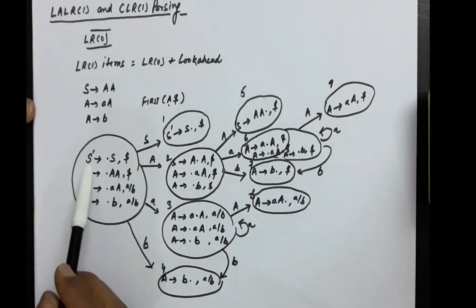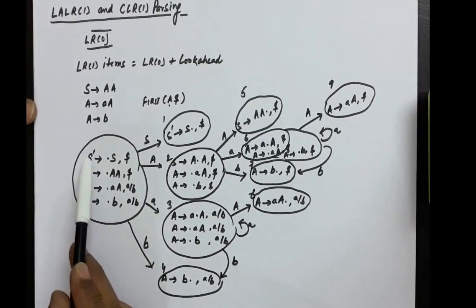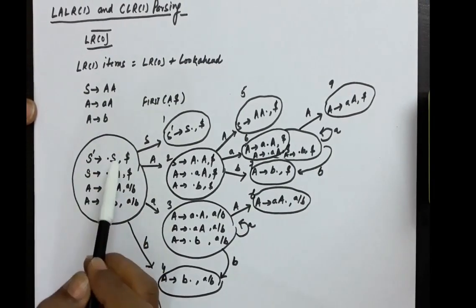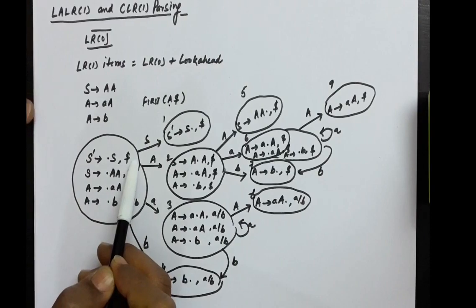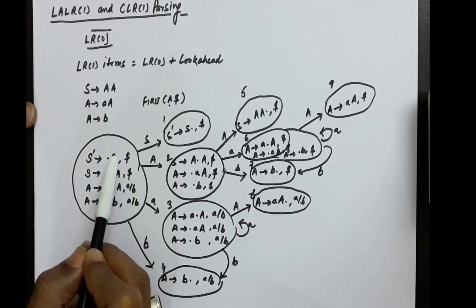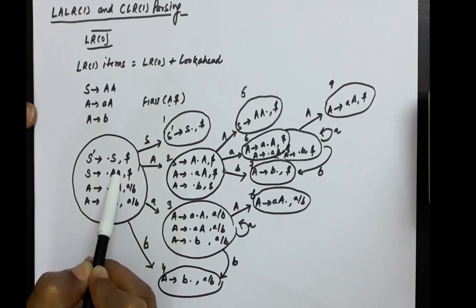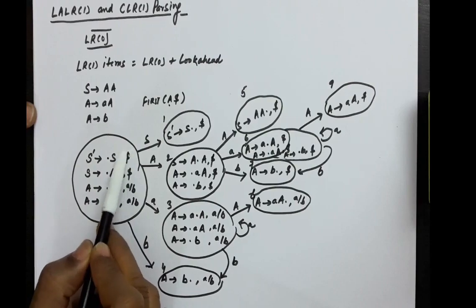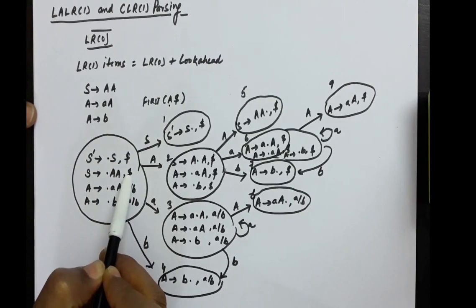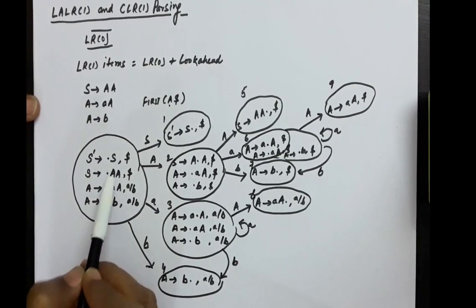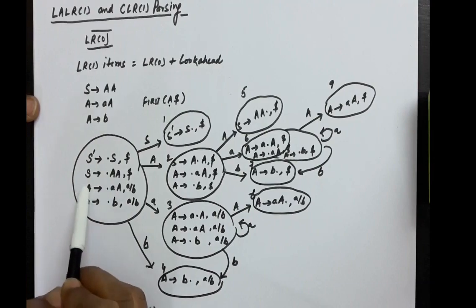Okay, if you are starting for this capital S, the dollar can only follow the capital S. Okay, and then if we are starting all the production with this capital S, so S produces small a and capital A, and what is the follow of this dollar? So we have written dollar here. Now after the dot, there is a non-terminal capital A, so you will be writing all the production starting with this capital A,